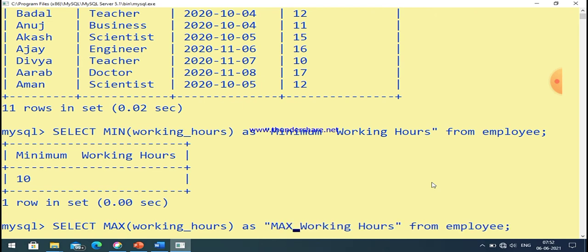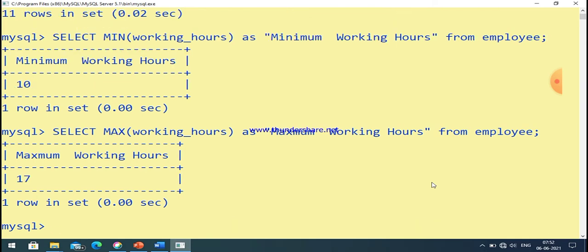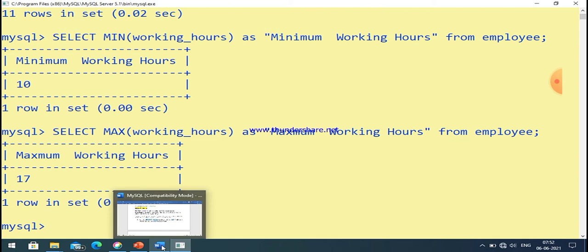The name of the column should be changed, otherwise you may get confused. So we name the column maximum working hours, and you can see here that the answer is 17, which is the maximum working hours. So the use of the min function and max function is very simple.